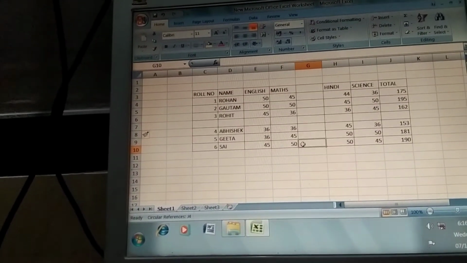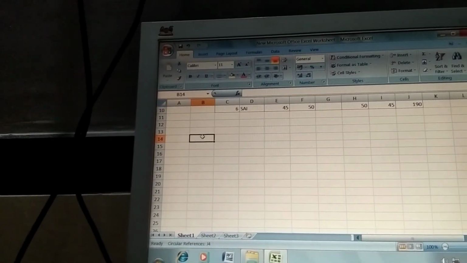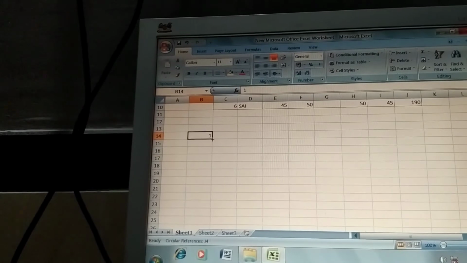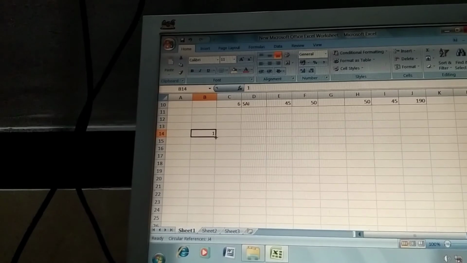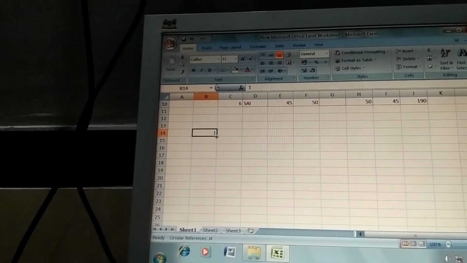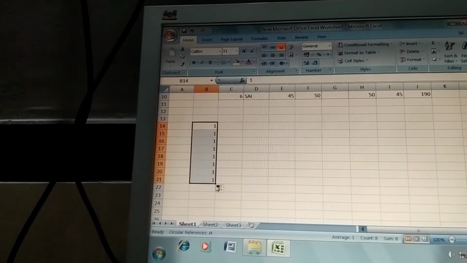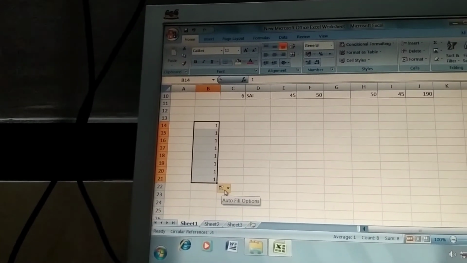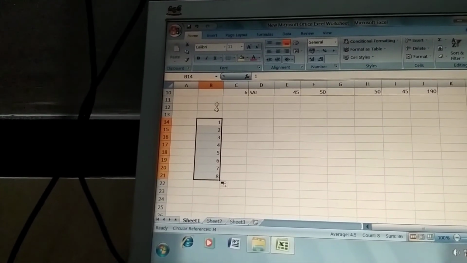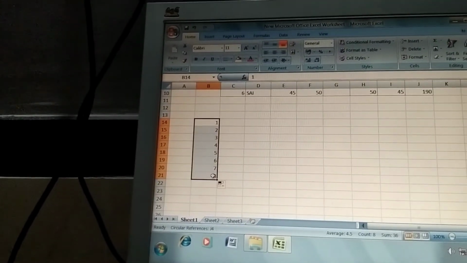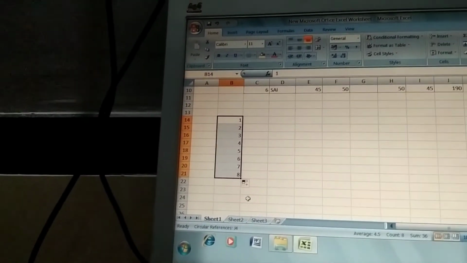Now the next point is autofill. What does autofill mean? Suppose I put 1 there, and when I click on that, our mouse pointer is a white plus symbol, and now it came as a black symbol. We have to bring our mouse pointer to the right side corner of that cell and drag downside. See, now what came? 1 1 1 1 came. So downside again we have to click on that black arrow and choose fill series. See, now 1 2 3 4 5, serial numbers are coming. This is called autofill.